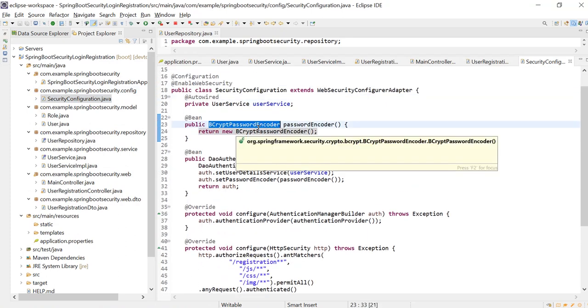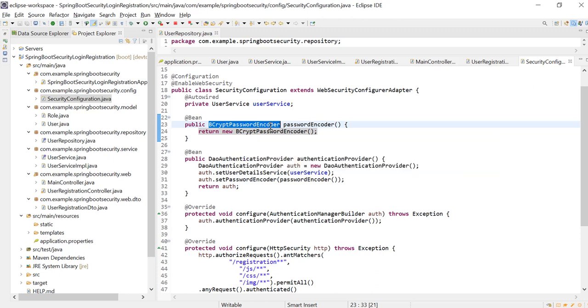This BCryptPasswordEncoder will generate a random salt instead. So if I save this plain text, it will generate a random salt of 22 characters. To make this random salt generation work, BCrypt will store the salt inside the hash value itself, randomly.